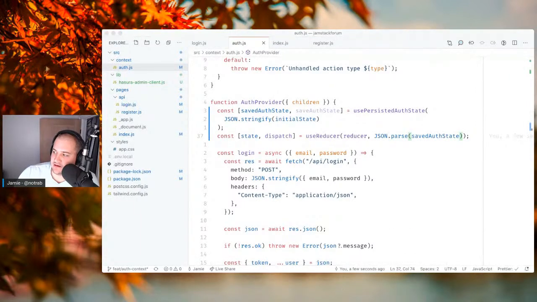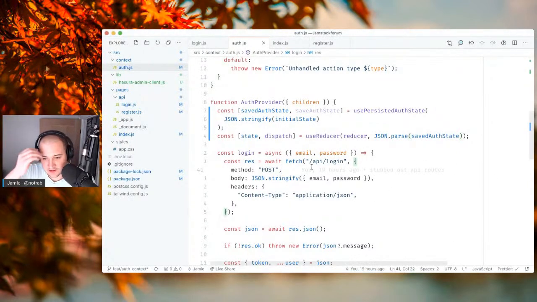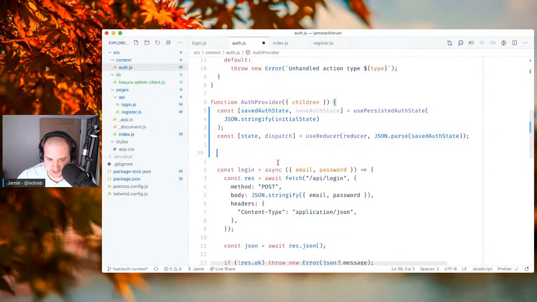That should be what we're after here, right? So we have our state and dispatch using reducer, and the initial state comes from local storage, or the parsed value from local storage. And then anytime that data changes, we'll probably need to do use effect,